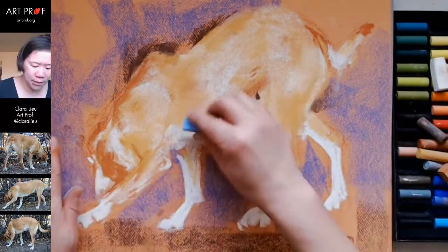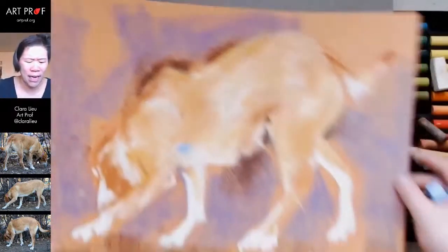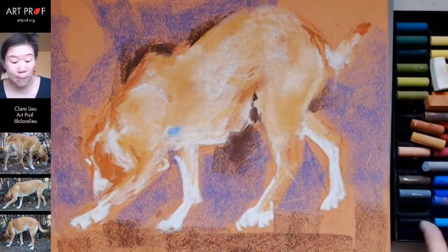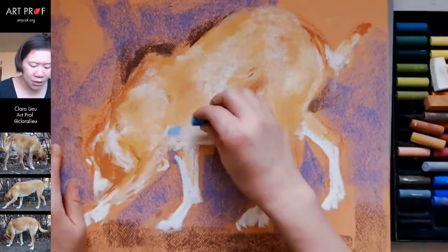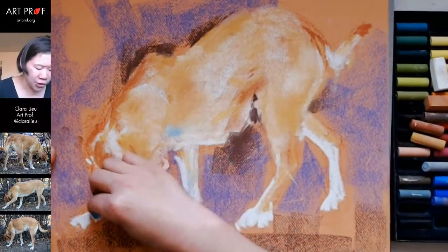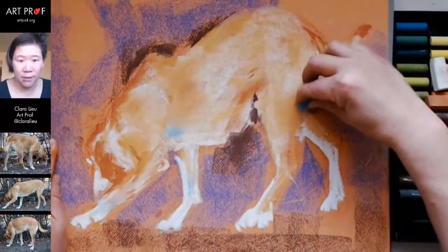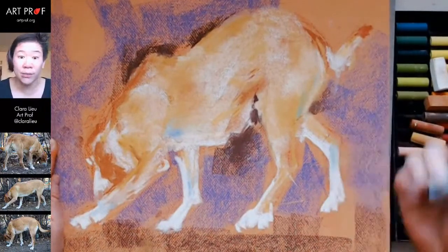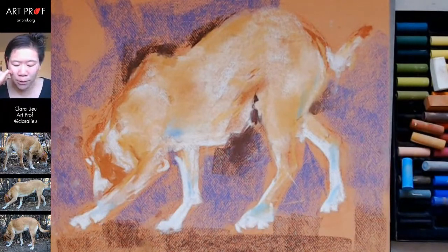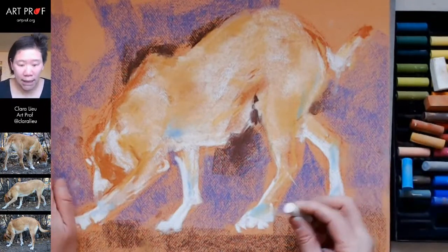I'll use these. Oops, geez, that got really crumbly. I don't know if I like, maybe you know what it is? I think I know. The Terry Ludwigs, I suspect, are better when you're doing bigger, broader strokes. But the Rembrandts, in addition to being good with the bigger, broader strokes, are also better for some of the detail. Yeah, this is better. Okay, so that's what I would do. If I'm going to keep working with these pastels, I will do the Terry Ludwigs for the bigger areas. Okay, like in here,